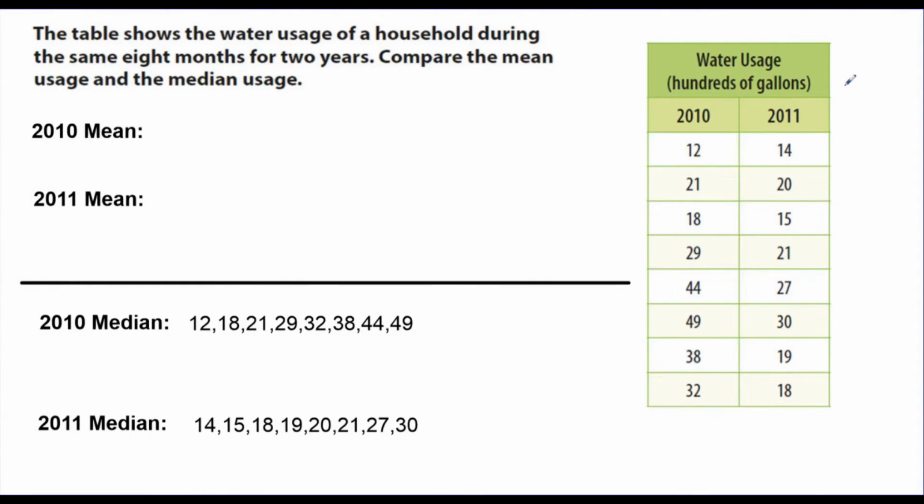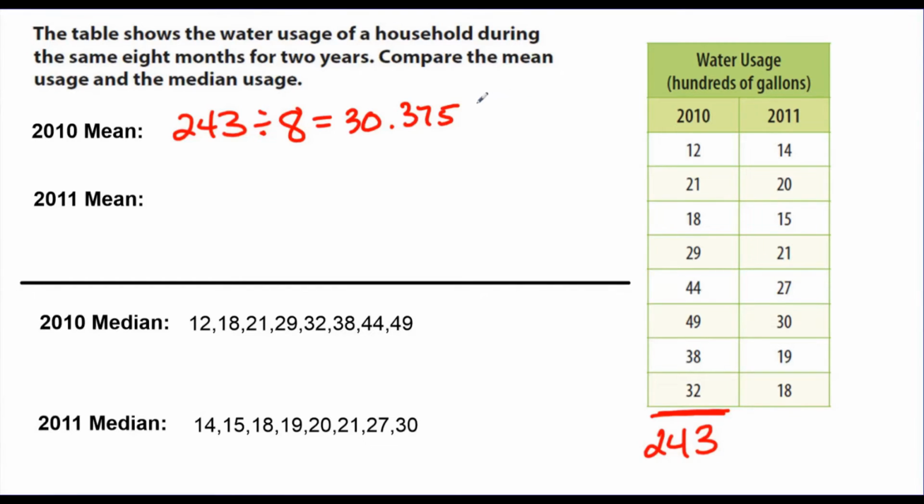Starting with 2010, if we want to find the mean, or the average amount of water used in hundreds of gallons, we're going to have to find the sum, which again I've already done, is 243. To find the mean, I'm going to take the sum, 243, and divide it by how many numbers there are in the data set. There are 8 numbers in the data set. And that gives you 30.375. And these are in hundreds,